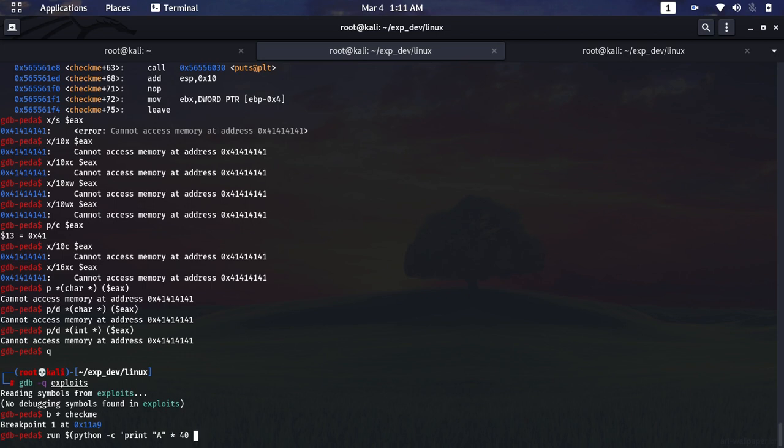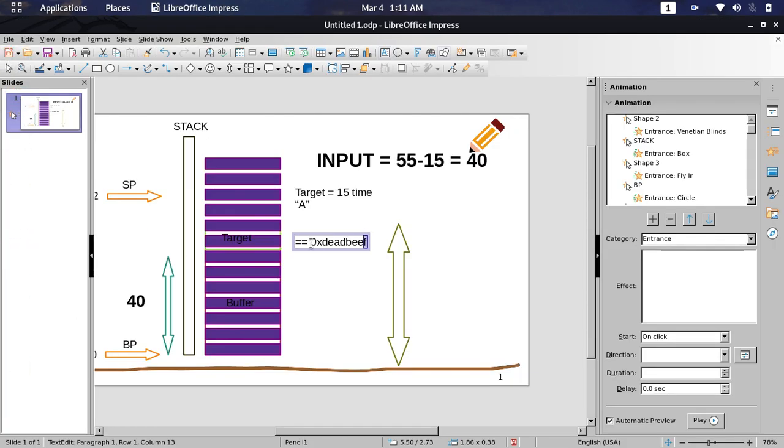Plus, what was our condition to fulfill? Our condition was 0xdeadbeef. 0x means hex. Why have I given this as hex? Because